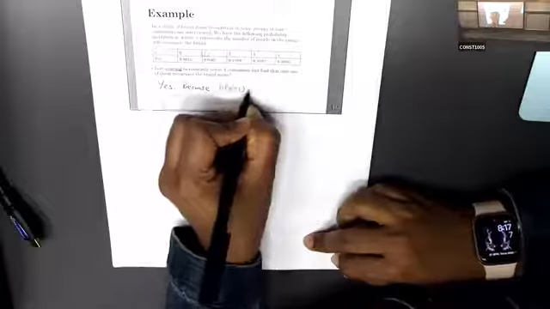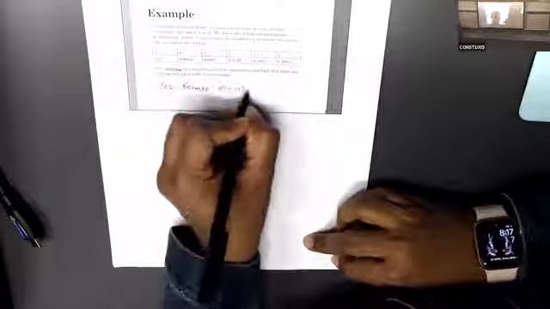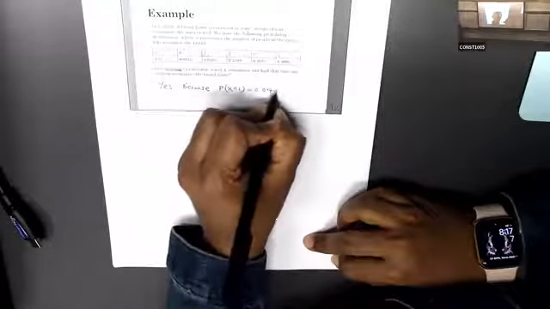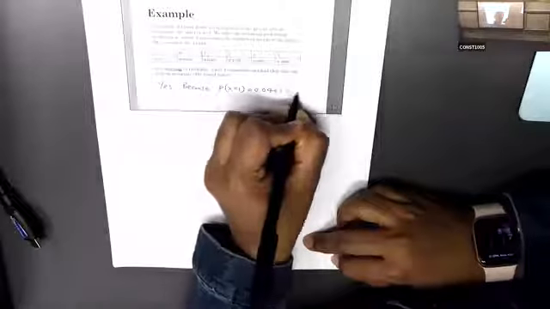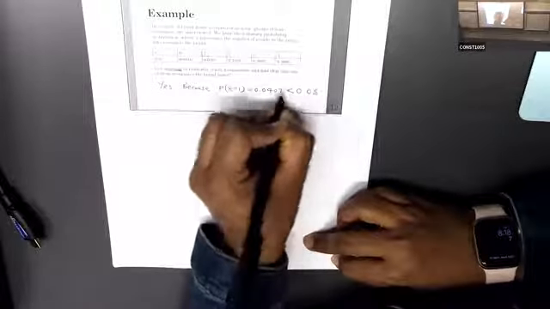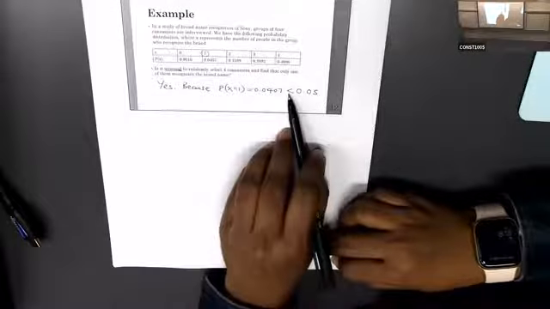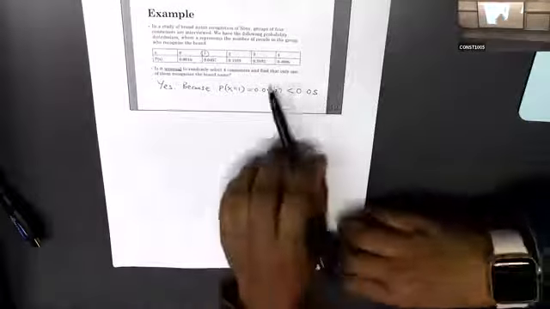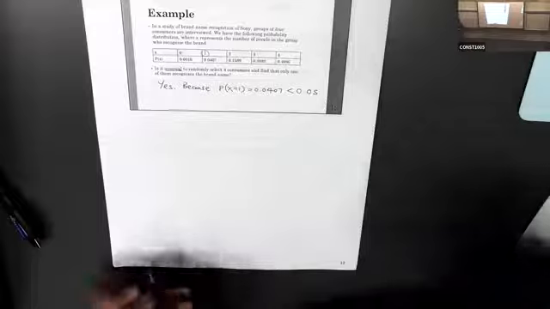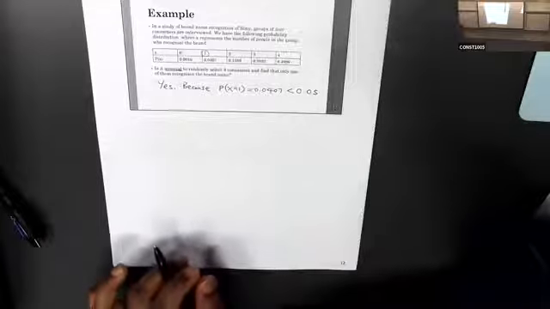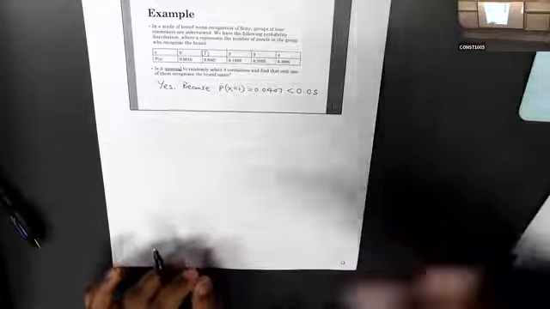the probability of x equals 1. If you want, you can write the value. Okay, I will write it. 0.0447 is less than 0.05. Yes, it should be less than or equal, but here I will not write the equal mark because it's already less than. So yes, because of this. Very simple. So if you see any probability value less than or equal to 0.05, that means that event is unusual.